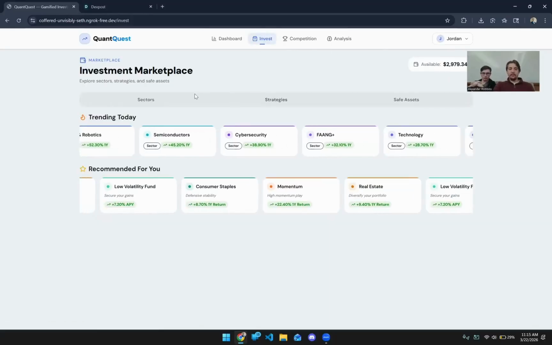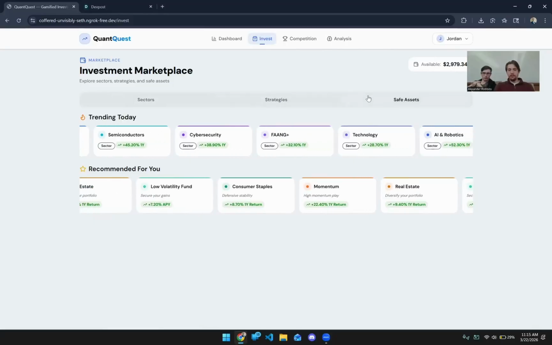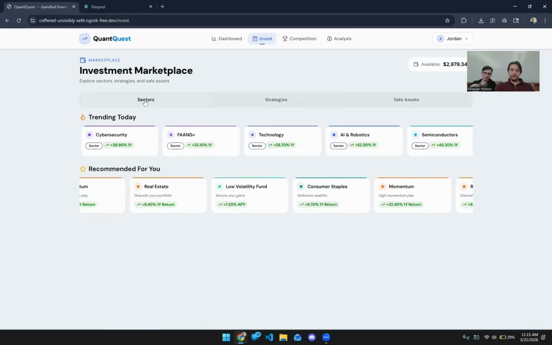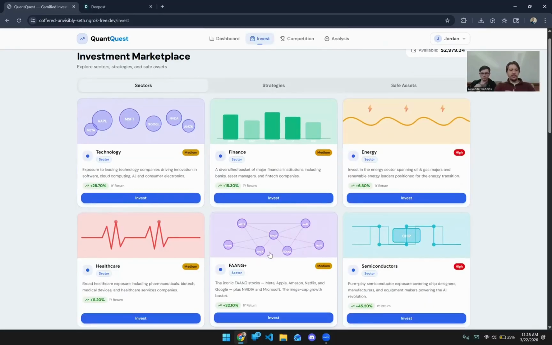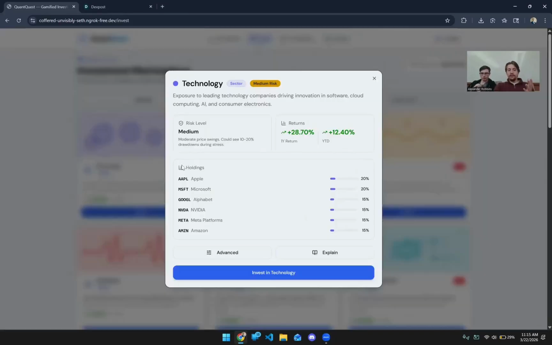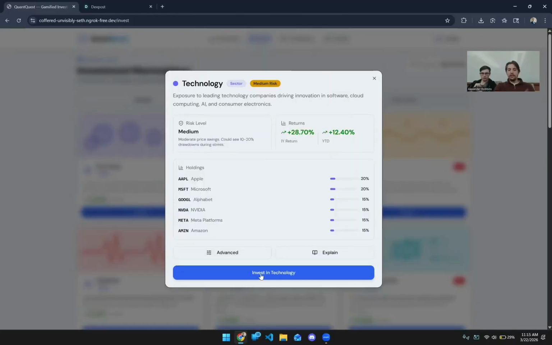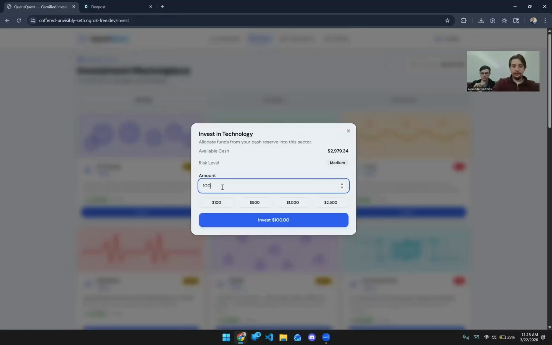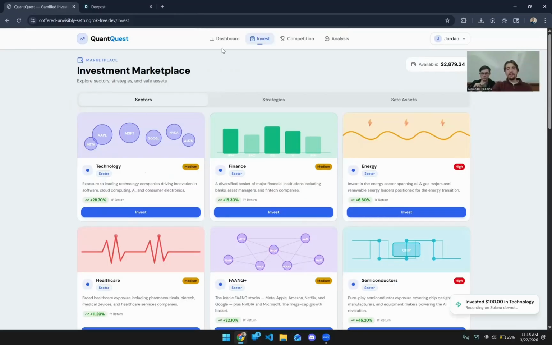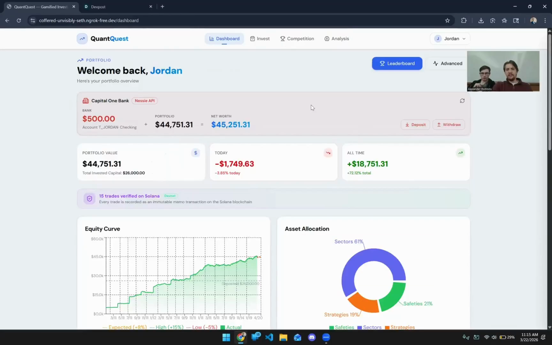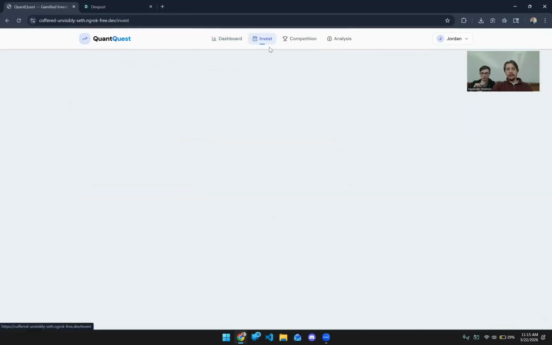Now, under the investment tab, we have three different types of investments you can have: sectors, strategies, and safe assets. Under sectors, we have technology, finance, energy, you name it, right? And you can click each one of these, and then you can see exactly what the daily returns are, what the year-to-date returns are, the risk level you're taking on, and what its allocation is. You can also click advanced and change what your actual allocation is, but I'll leave it as is for now. And we'll throw $100 in. You can actually see that trade verified on the blockchain over here. It'll be verified within the next 10 to 15 seconds. And then if you go back over to the investment tab,